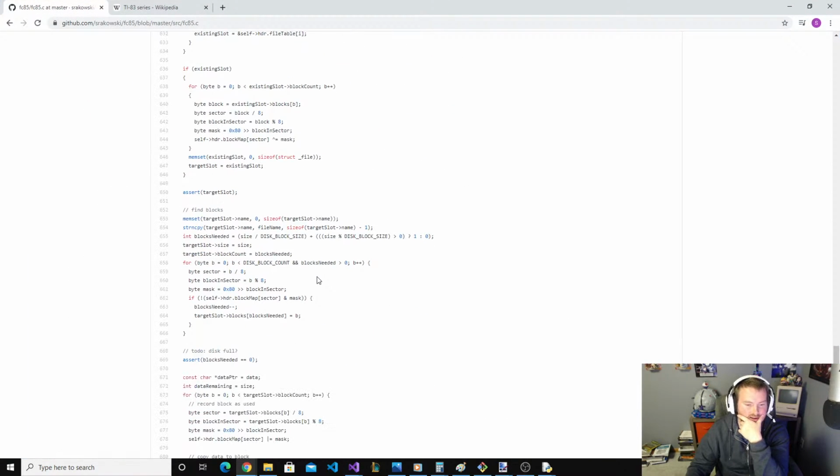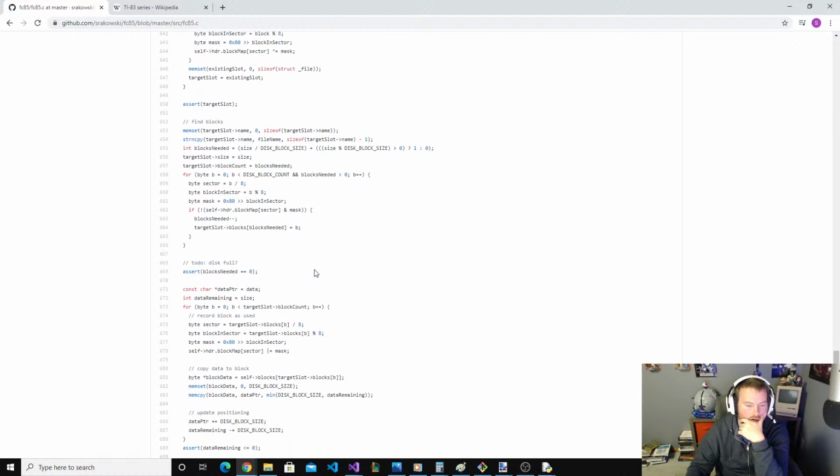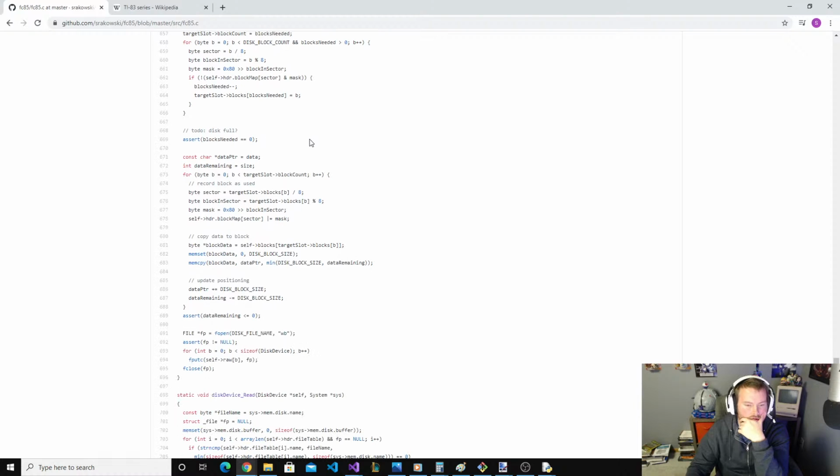I'm guessing that each block had a little bit of a header to it, some segment of bytes that pointed to where the next segment was. Yeah, so the blocks themselves have like a, or a sector maybe has a